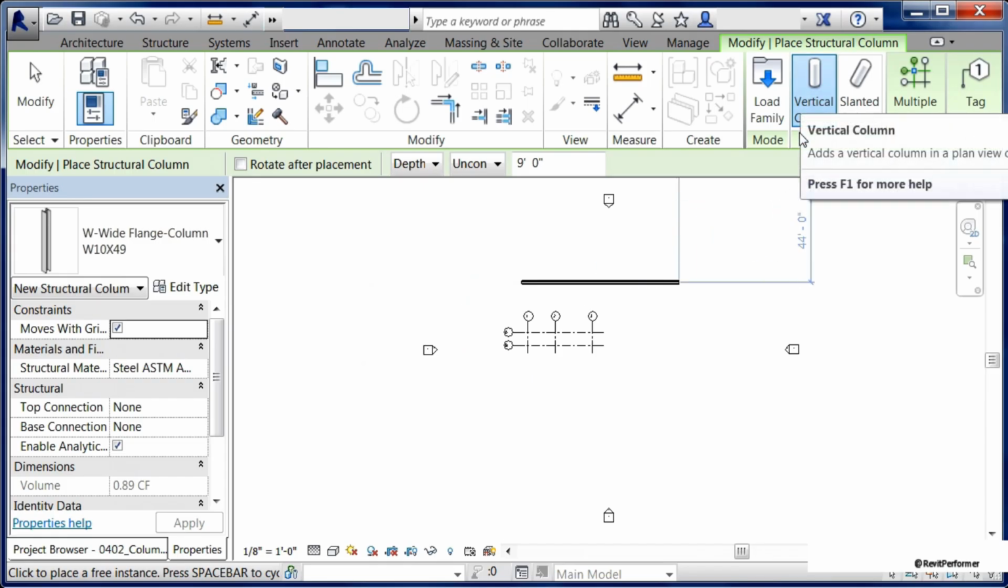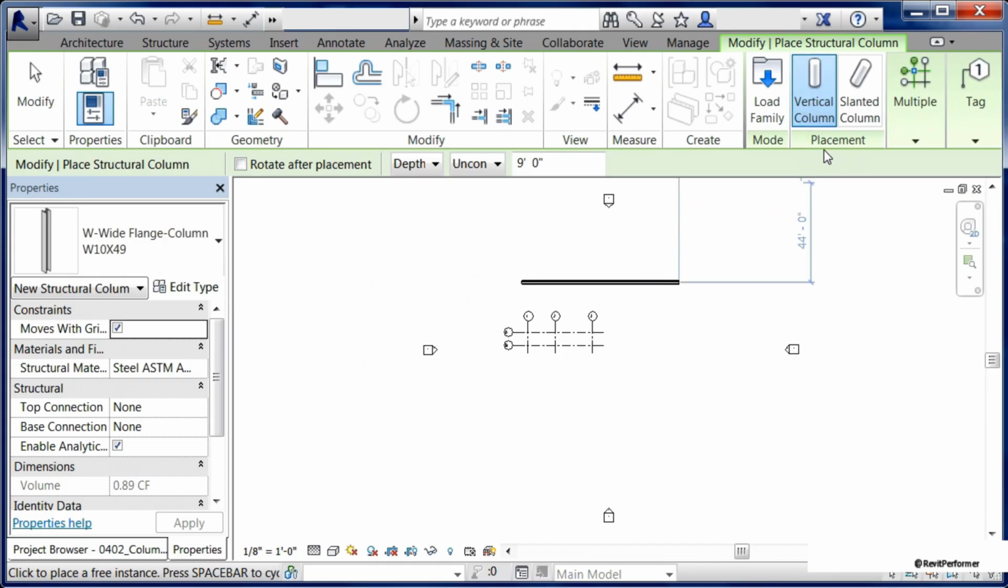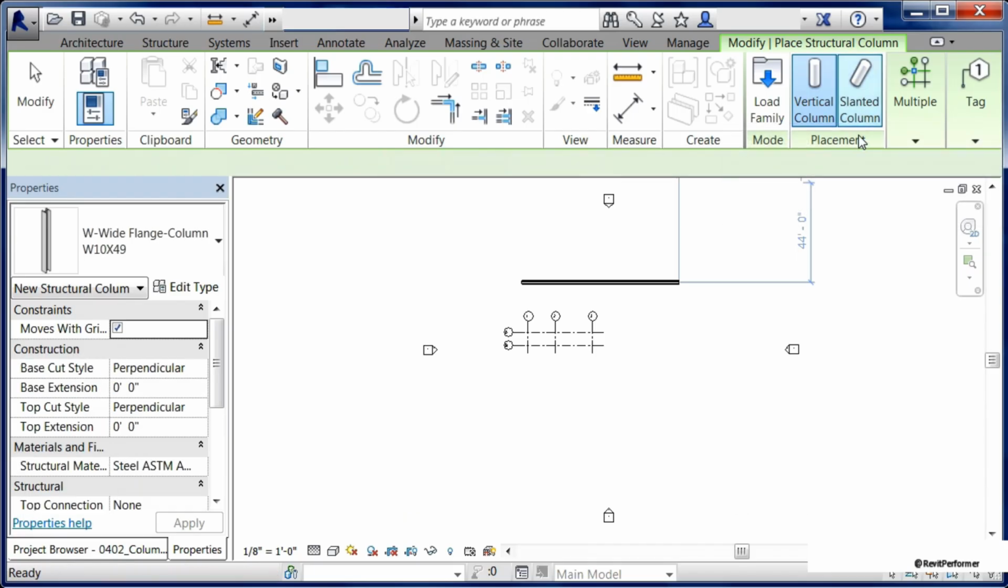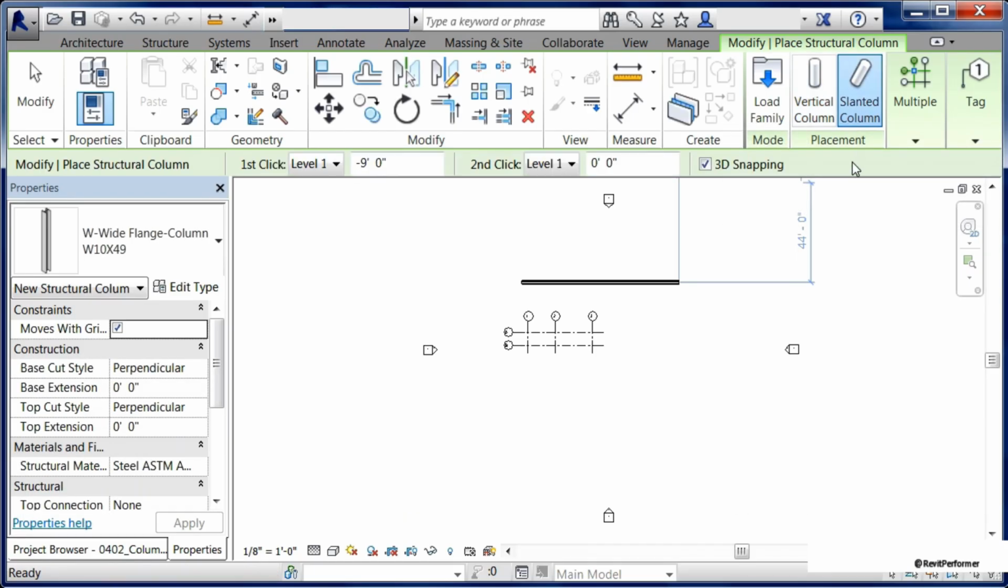Next, over here on the ribbon, we can see that there's two different kinds of columns that we can place. One is a vertical column and the other is a slanted column. All architectural columns by default are automatically vertical. If you want an architectural column to slant, you have to model it that way in the family editor. Structural columns are not that way. Structural columns you can have be vertical or slanted simply by clicking on the icon up here at the top